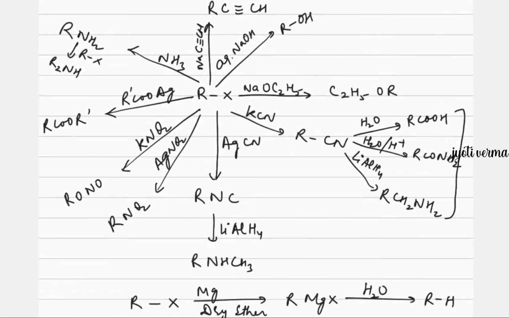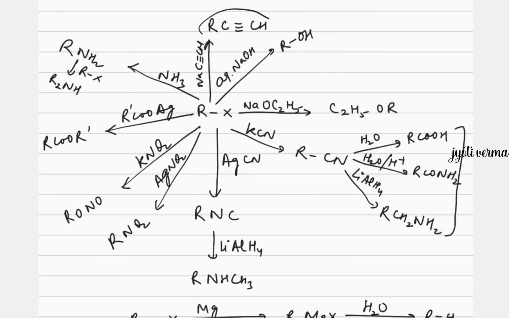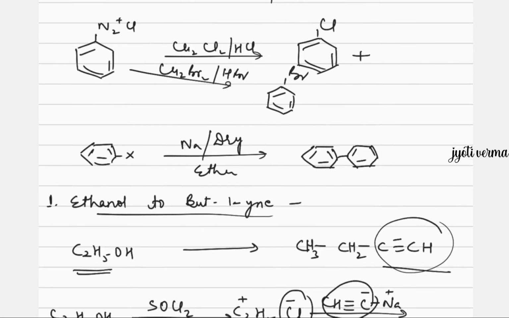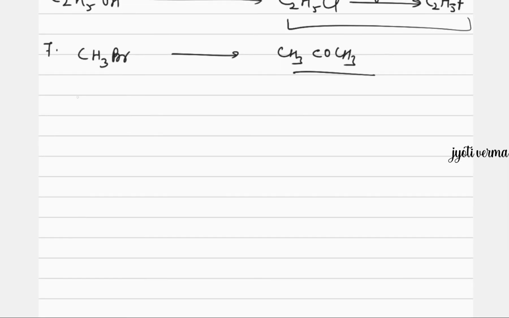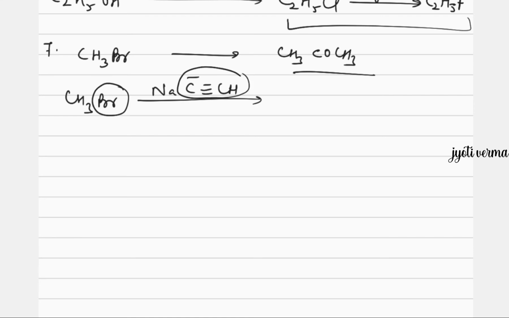We can do this reaction. But I told you this also, that generally we are supposed to bring the triple bond at the terminal position. But it's okay, still we need to increase the carbon by 2. So we can think of this option. Let's try it. What we can do is that CH3Br, if we do its reaction with NaC triple bond CH, then nucleophilic substitution will take place. This is one nucleophile, it will be substituting, and we'll get CH3C triple bond CH, propyne.